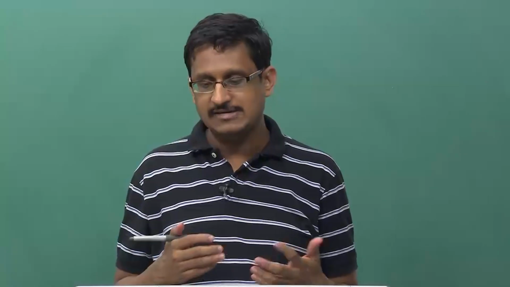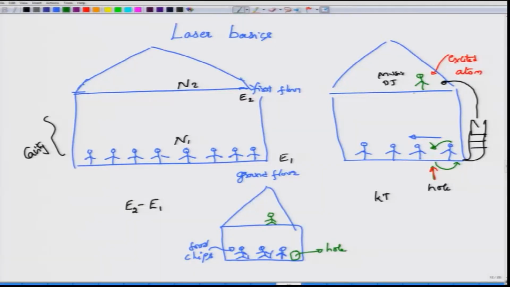Okay. But let us say once this person has moved up, he or she cannot always remain on the first floor and would occasionally want to drop back to the ground floor, because maybe they also like the food, or maybe they just got bored, or maybe they just exhausted all of the energy. They would like to jump back down, and when they do so, they are going to combine usually into the hole, right. Of course, they have to combine with the hole because they cannot land on a person's head. Okay. So, what they will actually do is land on the hole, and then what we say is that they have recombined. Okay.